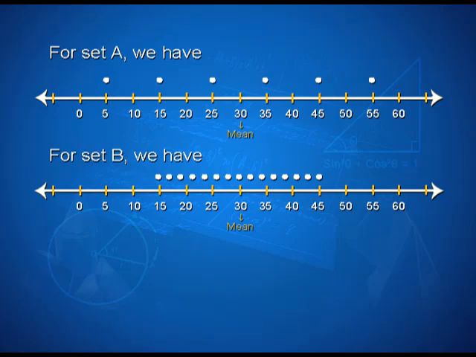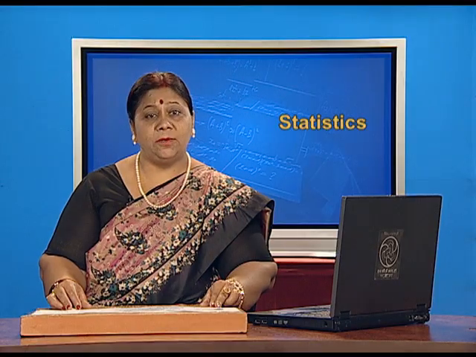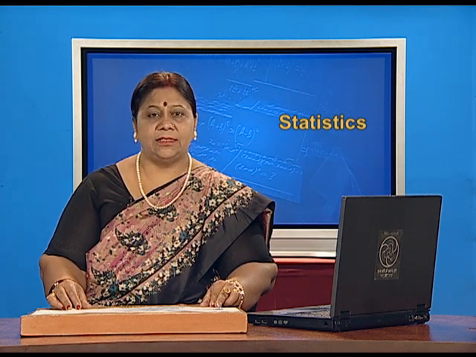Look here, for set A we have the values on the number line as 5, 15, 25, 35, 45 and 55. The mean here is 30. Now, for set B we have the values ranging between 15 to 45. Here the mean again is 30. Thus, we can say that the sum of the squares of deviations from the mean is not a proper measure of dispersion. To overcome this difficulty, we take the mean of the squares of the deviations, that is, we take